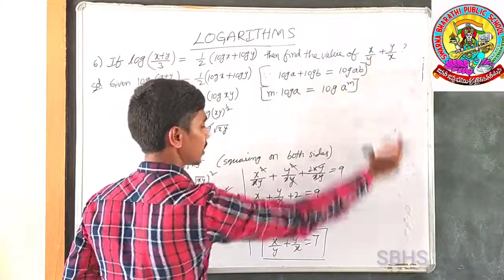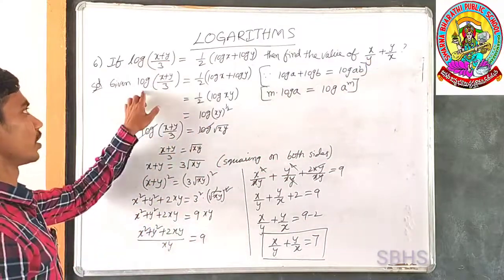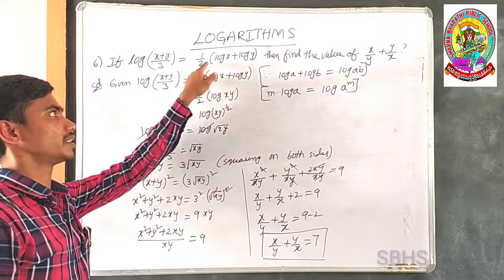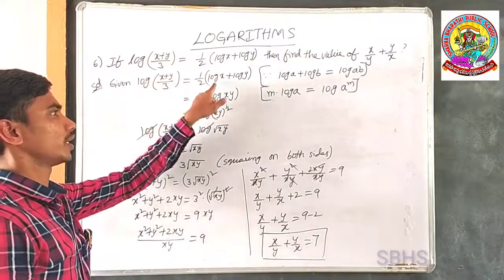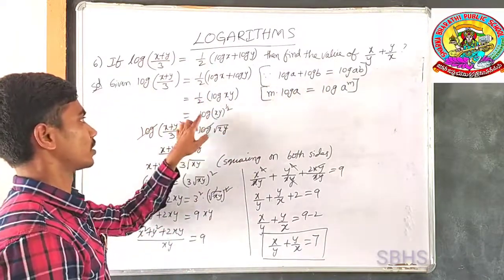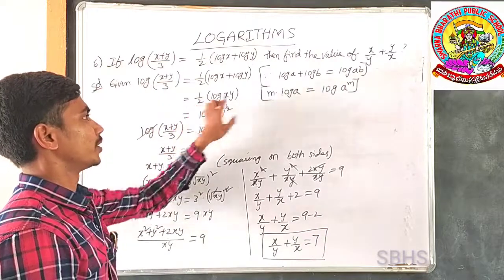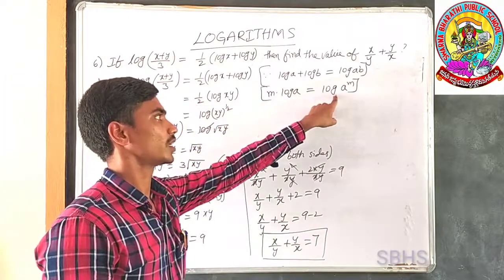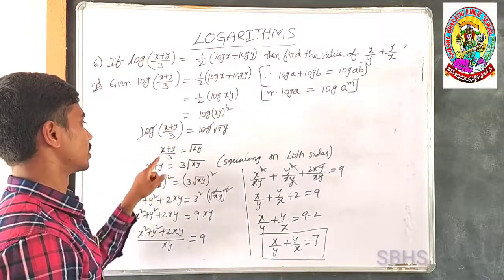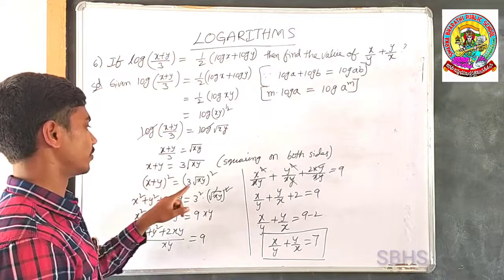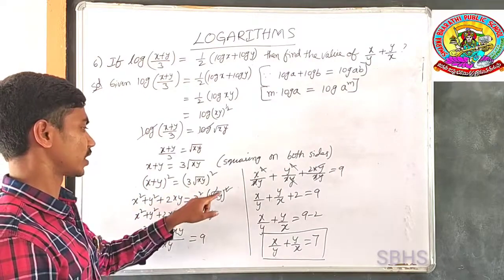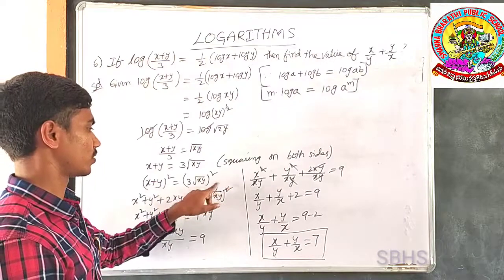x by y plus y by x. And observe carefully. Log ((x plus y) by 3) is equal to half log x plus log y. This is the given. So log a plus log b is in the form log ab. So log xy is in the form of m into log a. In such way it becomes log a power m: log xy whole to the power of 1 by 2. Here log cancel. Squaring on both sides, you will get the value of (a plus b) whole square type. Next 3 square means 9 into square root xy. The square root cancels.